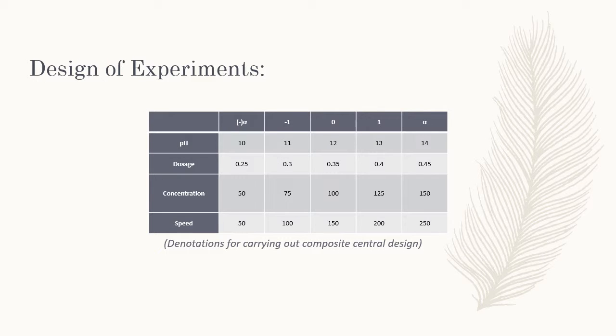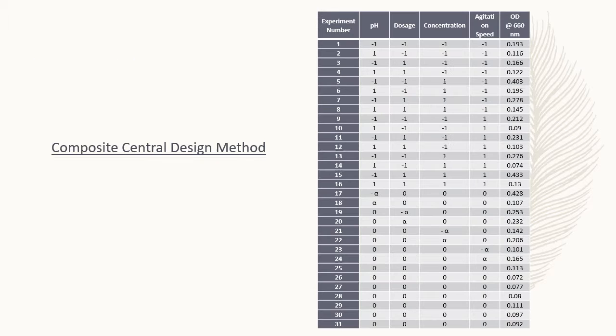Design of experiments is carried out to eliminate a tedious trial and error method by using central composite design. These are the ranges and notations carried out for central composite design. Central composite design is a statistical experimental design for building a second order quadratic model without needing to use a complete three-level factorial experiment. CCD was carried out to give us the most amount of dye removal and supporting our previous